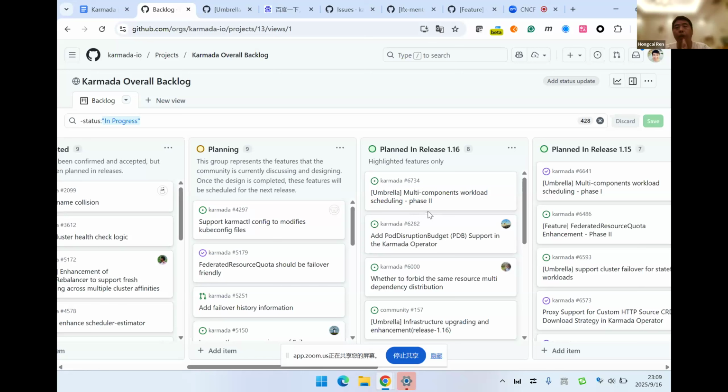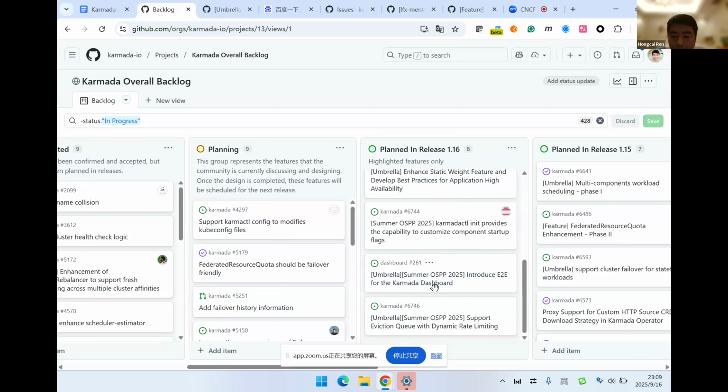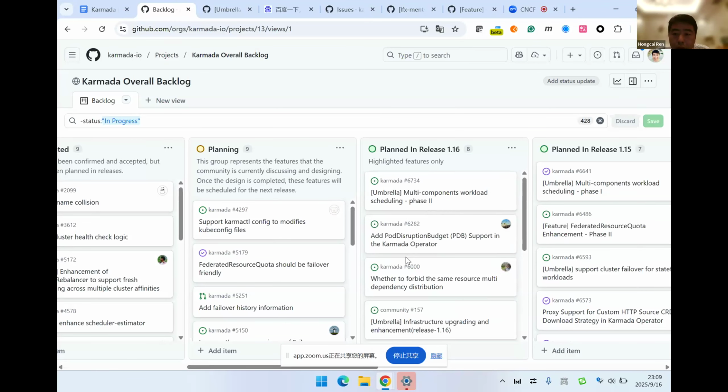For example, we have some bugs that need to be fixed. The bug fixes are not listed here, but in my opinion, bugs always have more priority than features. Yeah, fair enough.